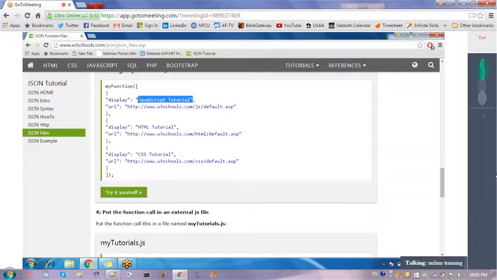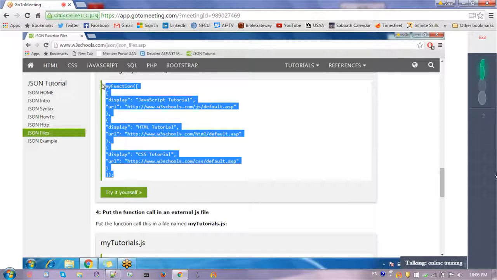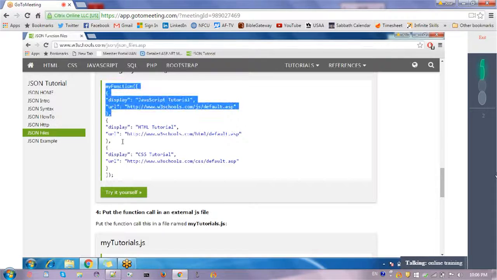So here I have to write the dollar text selector. Then I have to take the data from it using the dot val. So while making the JSON string, you can use the JavaScript code inside that to get the value. You understand? Yeah, while you are making the JSON string.